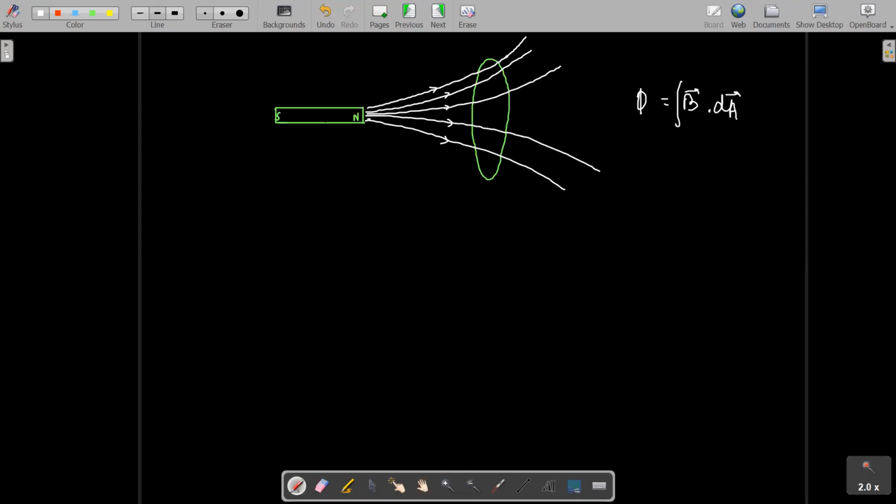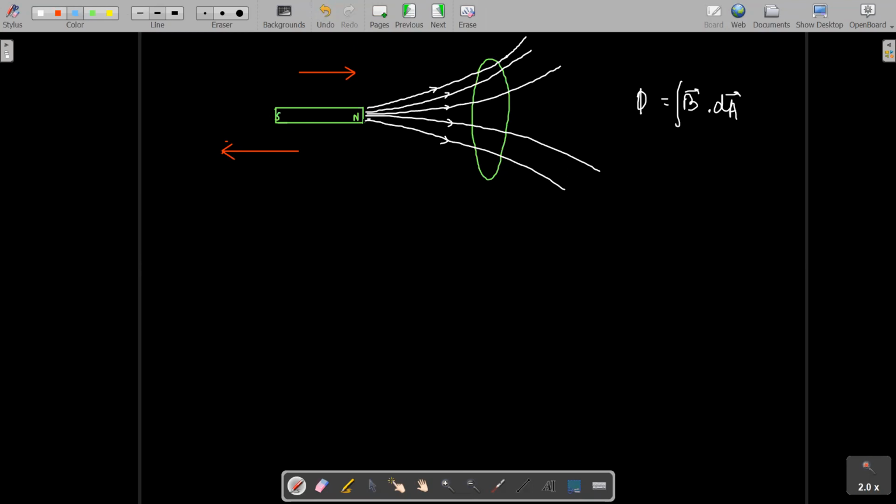If we move the magnet in this direction or in this direction, in any direction, whatever the direction, let us say we are moving the magnet in this direction, or we could move the magnet in this direction. In either of the directions, whenever we move the magnet, the flux linked through this coil will change. This is a closed loop, students, and the flux linked through this area will change.